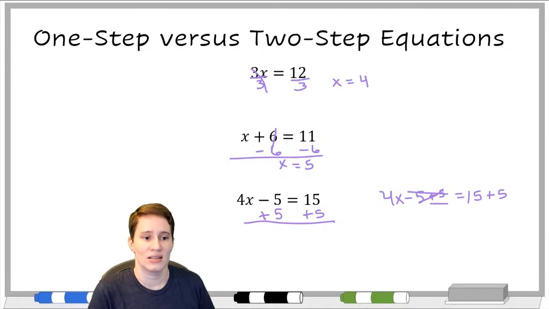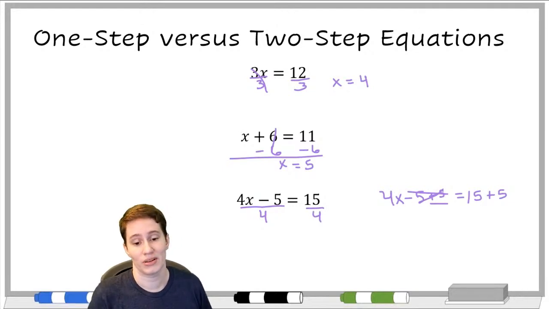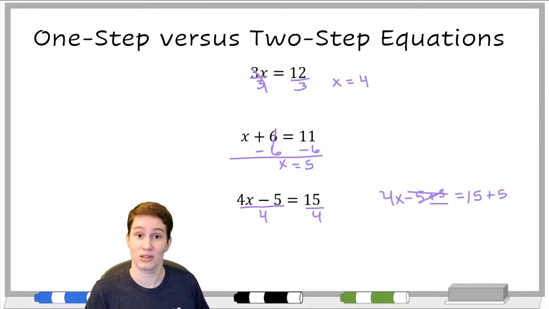If I instead decided to divide by 4 first, if I divide all of the left side by 4, that's going to look like this. If I do that right away, and divide all of the right side by 4, that's going to look like this. So there's a couple problems here. One, the right side, 15 divided by 4, is not a whole number. Sometimes we can't avoid fractions, but if we can avoid fractions, we definitely want to. So that's one reason dividing by 4 doesn't seem like the best option at the beginning. And then secondly,